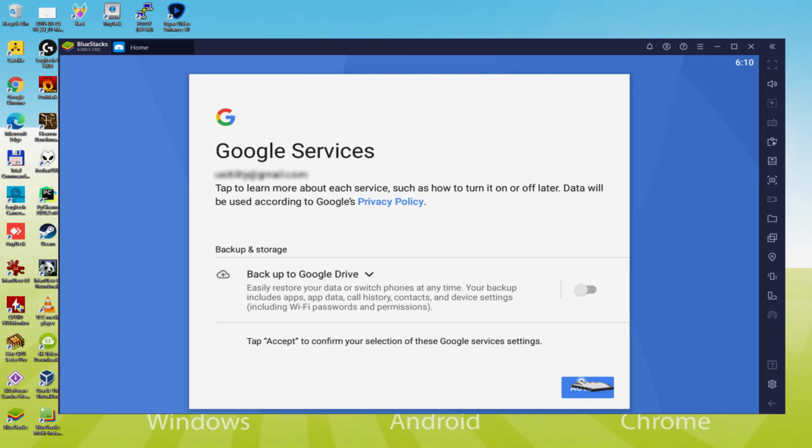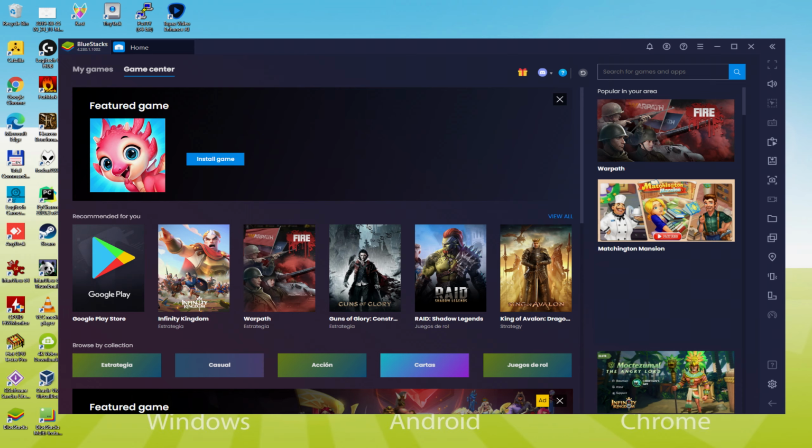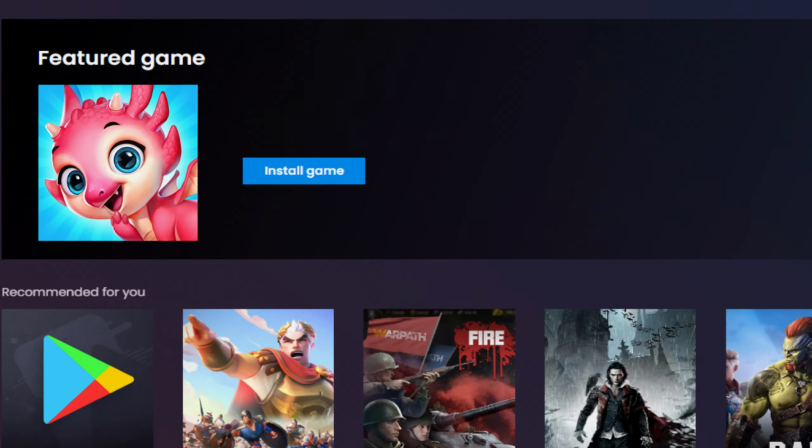We simply click on Accept. The Google Play Store is started automatically and immediately. To set up the game, we have to browse the emulator desktop by simply clicking that app icon marked green-colored. At this point, as we are discovering the desktop of this Android emulator, we can see the Install Application button. We simply click on that button.